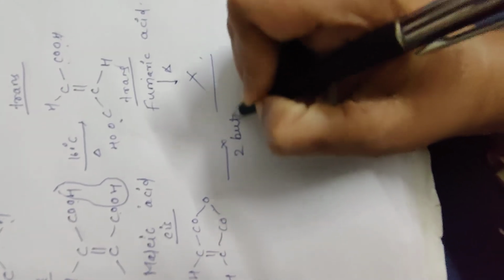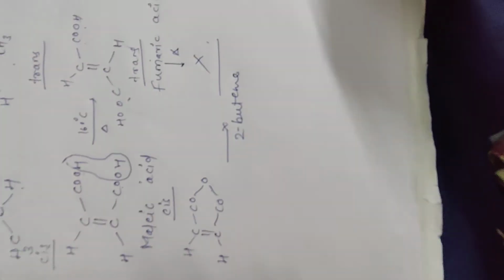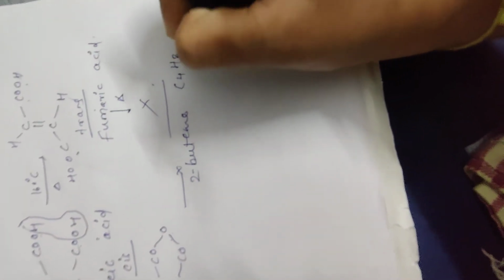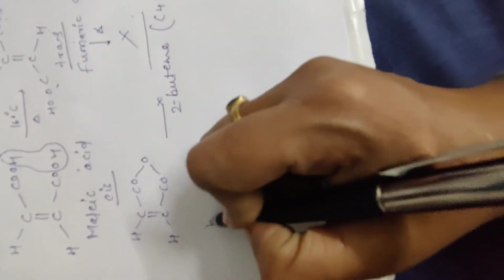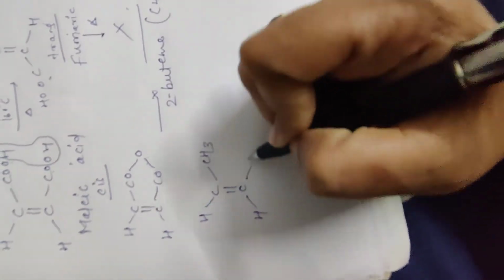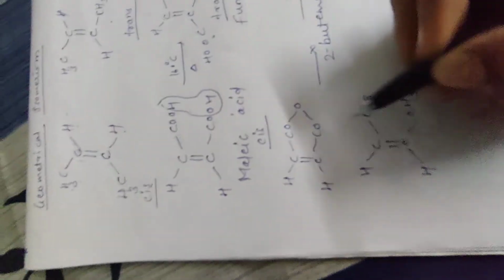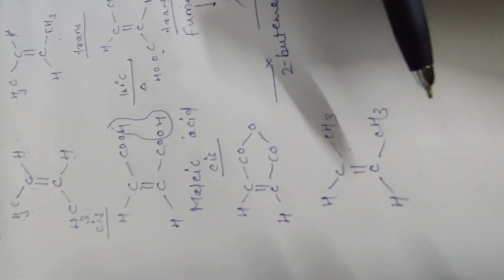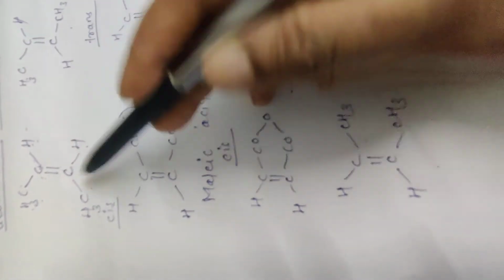Then the second one is the geometrical isomerism of 2-butene. Now, as we have already studied the structures of 2-butene, cis and trans structure of 2-butene, the molecular formula for 2-butene is C4H8. We also know the structures. When the CH3 groups are on the same side, now you can see here, this is a compound and this is also a compound. This is also cis, this is also cis, because the similar groups are on the same side, so there is actually no difference in this structure and this structure.